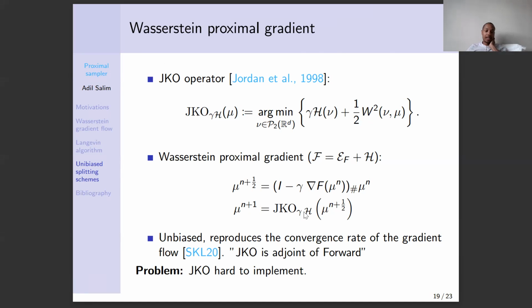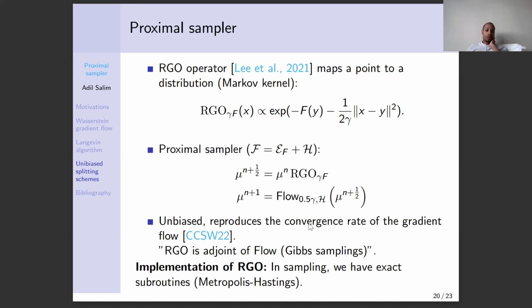But what happened instead is that we identified the adjoint of the flow, and so I will quickly go over this. Basically, if you keep the flow here, you can find the Markov kernel that will be the adjoint of the flow, and that will send mu n to mu n plus half, while keeping the algorithm unbiased. And this Markov kernel, given the point x, gives you a distribution which is exponential minus f